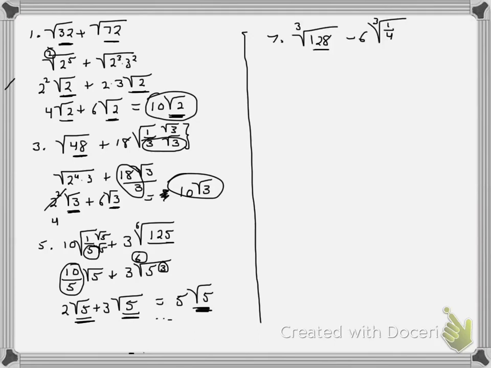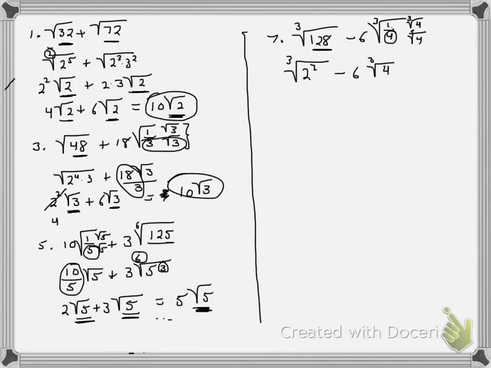I will simplify the left-hand term by writing it in primes. This happens to be 2 to the 7th power. I'm going to have to take this out of the denominator by multiplying the square root of 4 and the square root of 4. And so this becomes the cubed root, not the square root. This becomes the cubed root of 4. The 1 times the 4 is 4. Over,